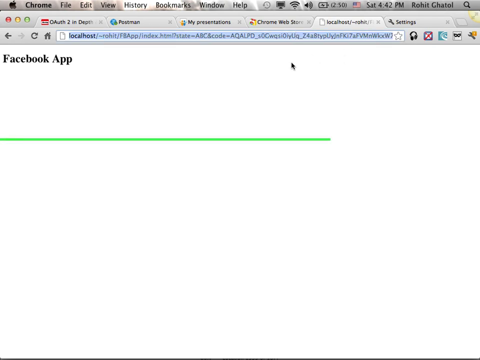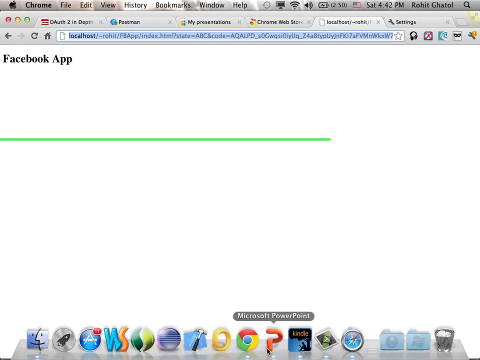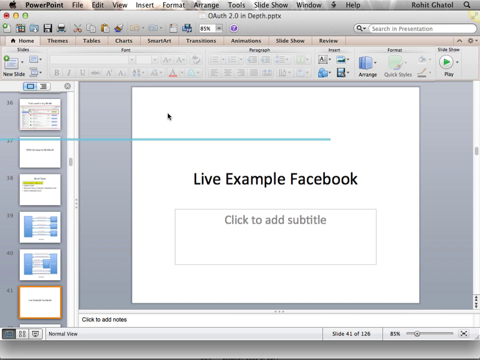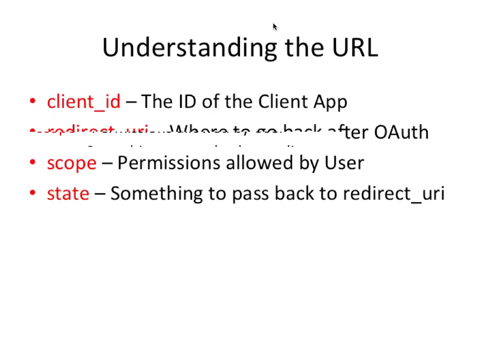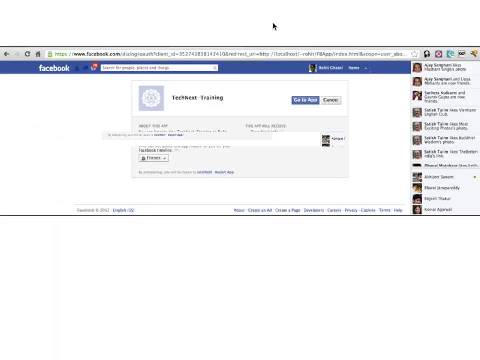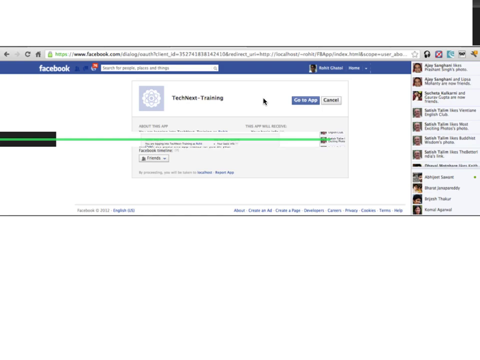Okay, so I'm not seeing a step because I'm already authenticated. That's what is happening. What happens really over here is I'll just show you a screenshot. Is that because for that user it's already directed? Yes. So let's just see it over here. That's why I have screenshots with me all the time. So I'll see a screen like this. Go to the application, and I will be actually giving permission. That permission granted, and that's where